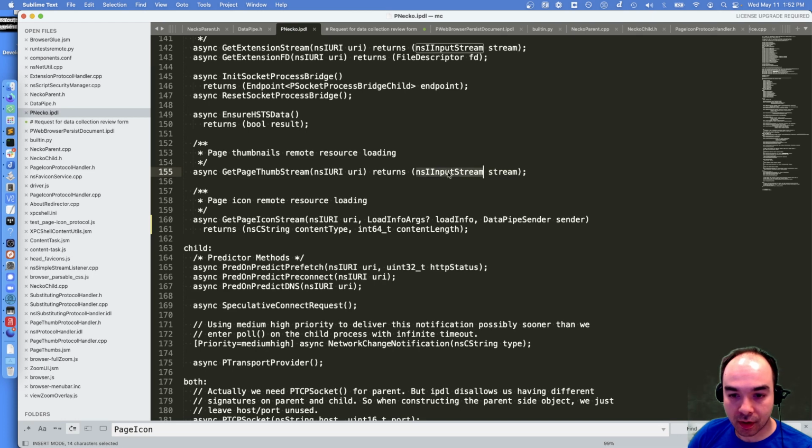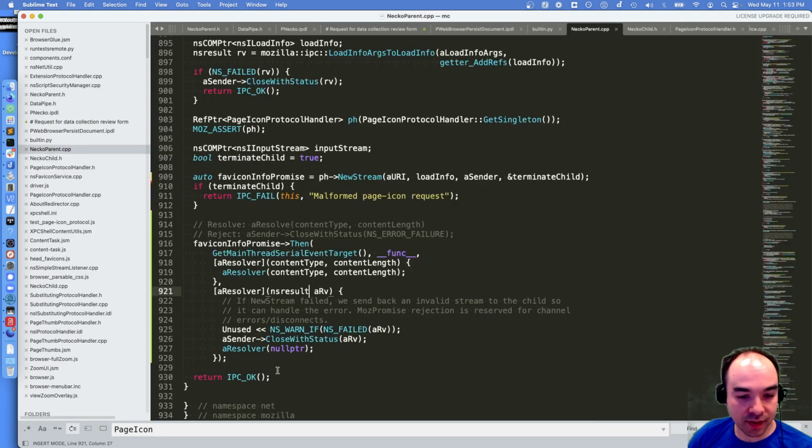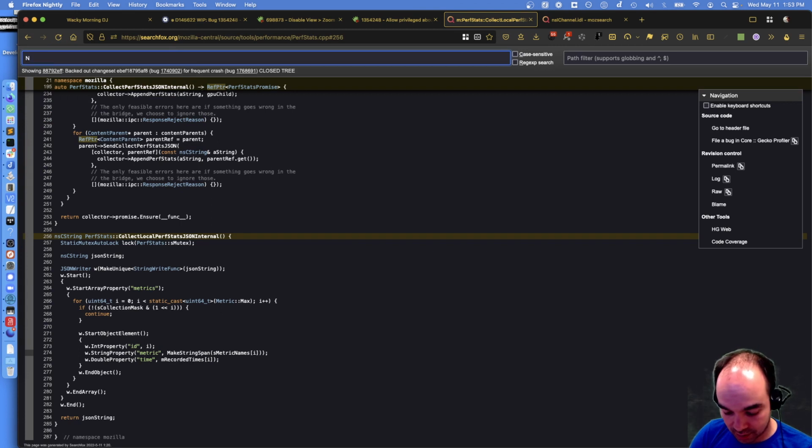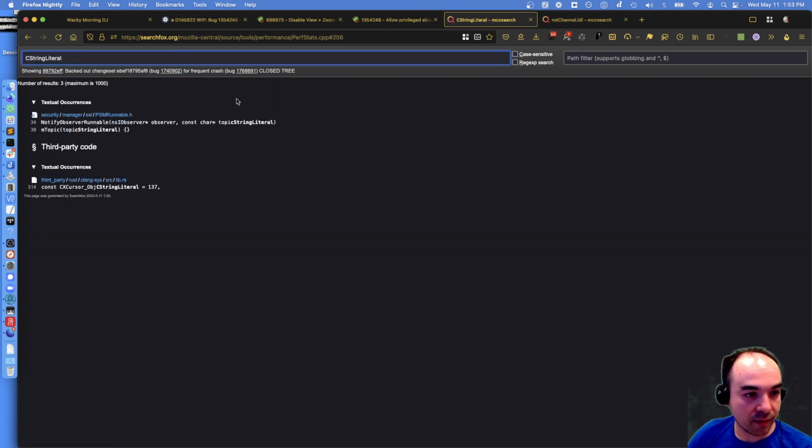So that doesn't exactly work because the resolver takes these two things. So I'm going to say, I can just send 0 and the empty string, like a C string literal. Can I just...